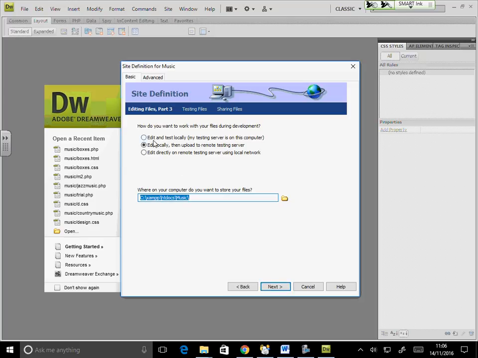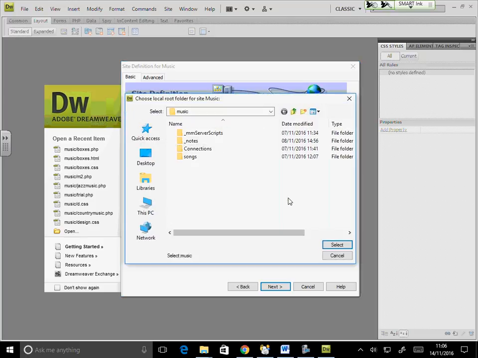Next, edit and test locally. My testing server is on this computer, right? And then here it refers to C exam. Is it right? Is the folder name right? No. So make sure, do not assume that it is going to be correct. Please make sure you point to the right folder.